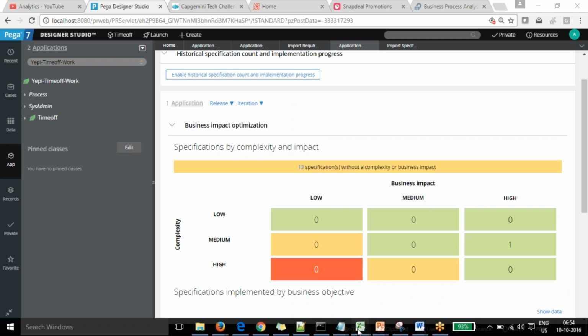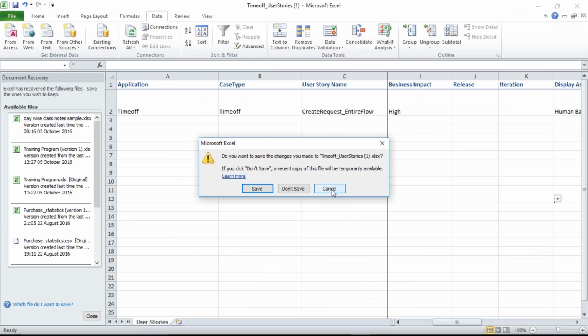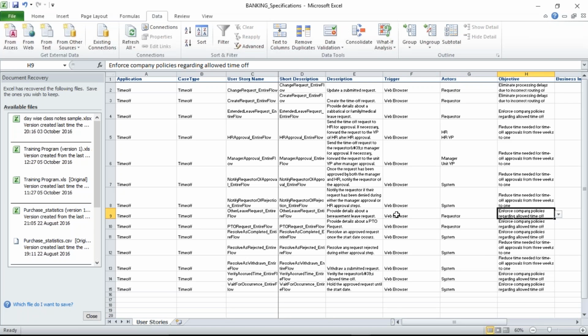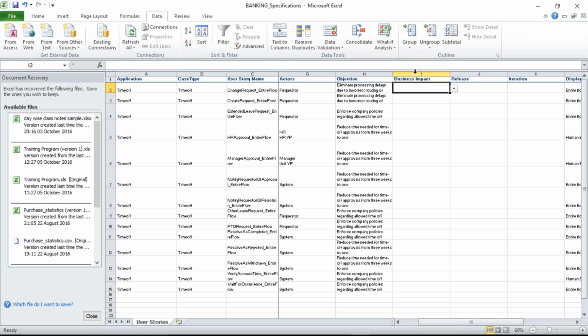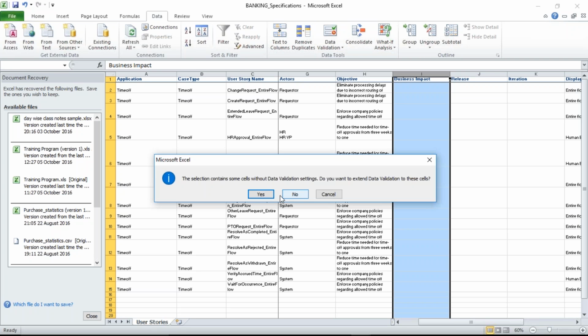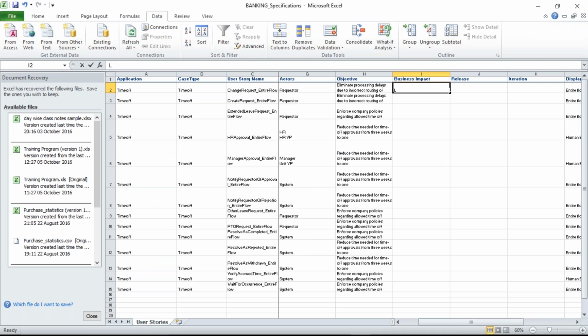One minute. What I'm going to do is load it once again. In the banking specification, you can see business impact is completely blank.